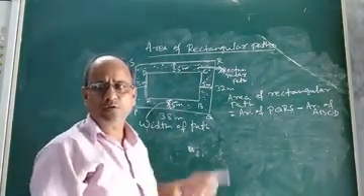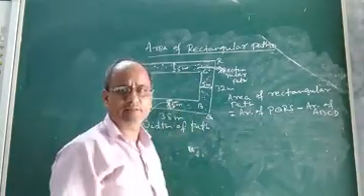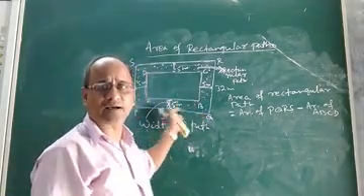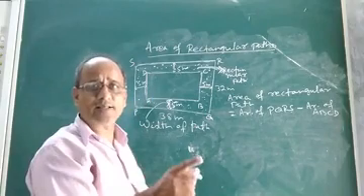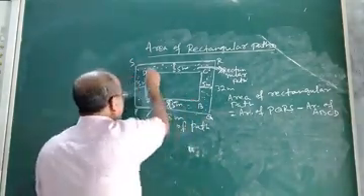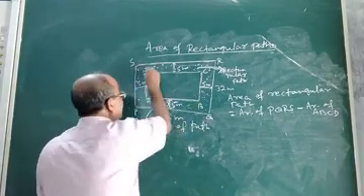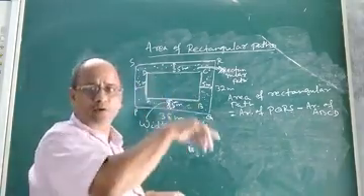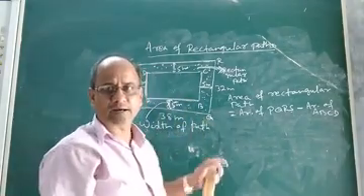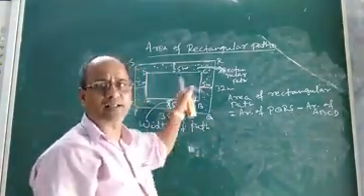Because we do not know what are the dimensions of ABCD. That means we do not know the dimensions of the inner rectangle ABCD. So to find the area of ABCD, definitely we have to find the length of AB and AD. This is the inner length, this is the inner breadth. Because if we do not find inner length and inner breadth, we cannot find the area of inner rectangle or rectangular boundary, that is ABCD.